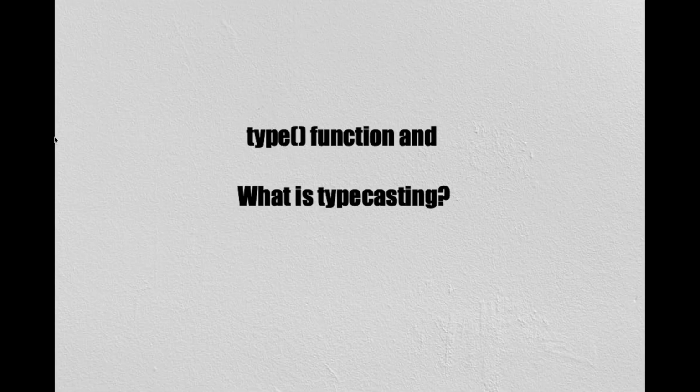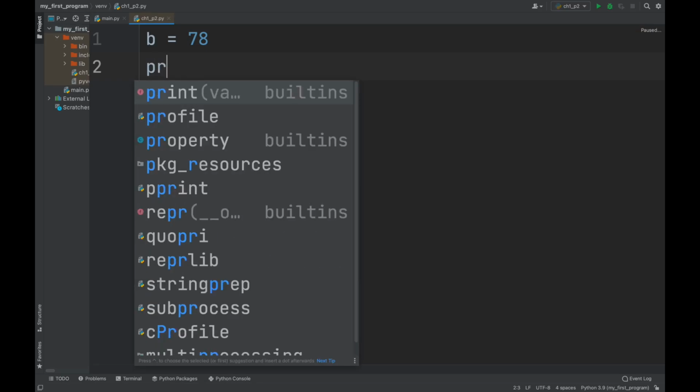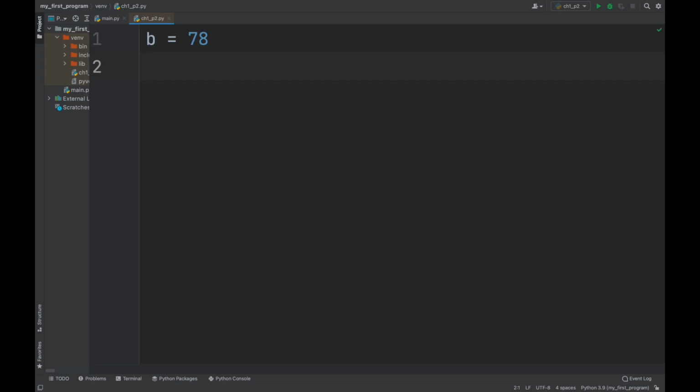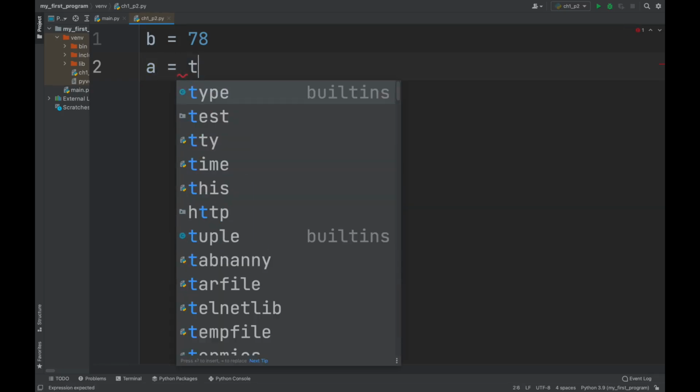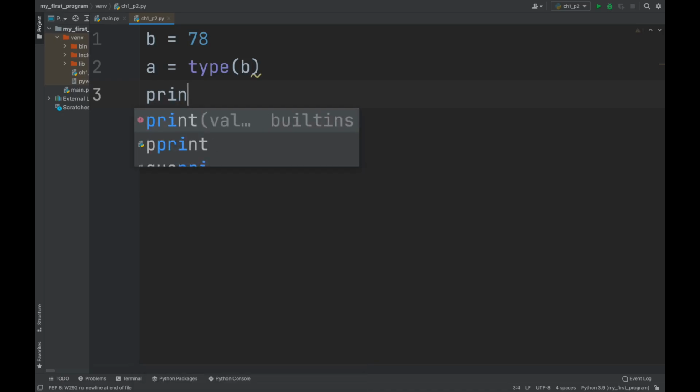Moving on to our next topic, typecasting. So what is the use of this type function actually? Okay, let me show you. I store, here you can see I store 78 in b, right? If I wanna see what type of value I stored in b, I can simply say type of b, and if I say print,